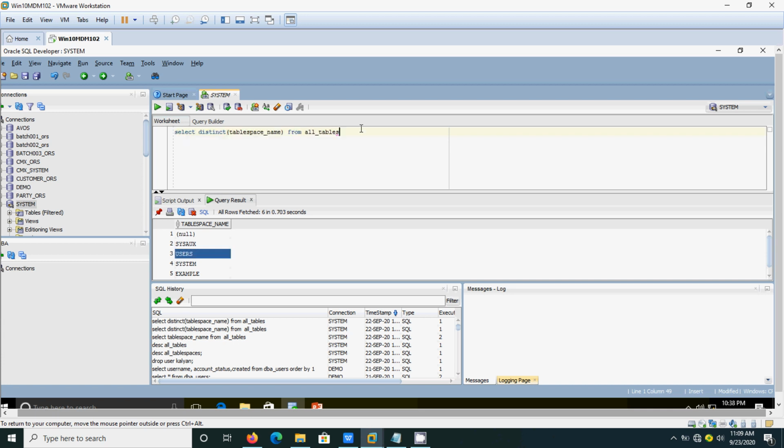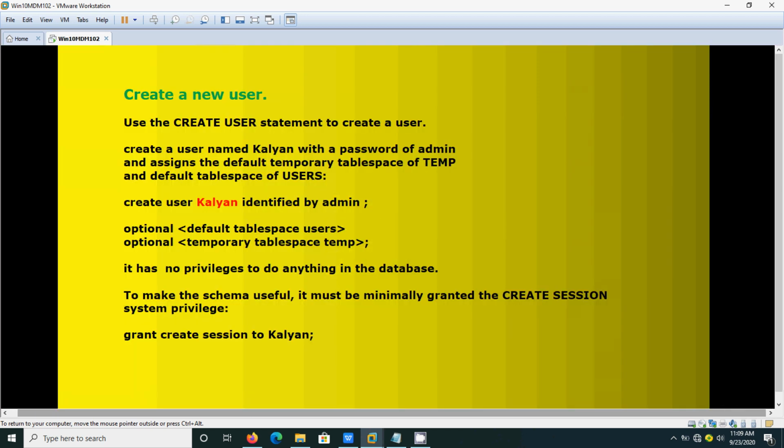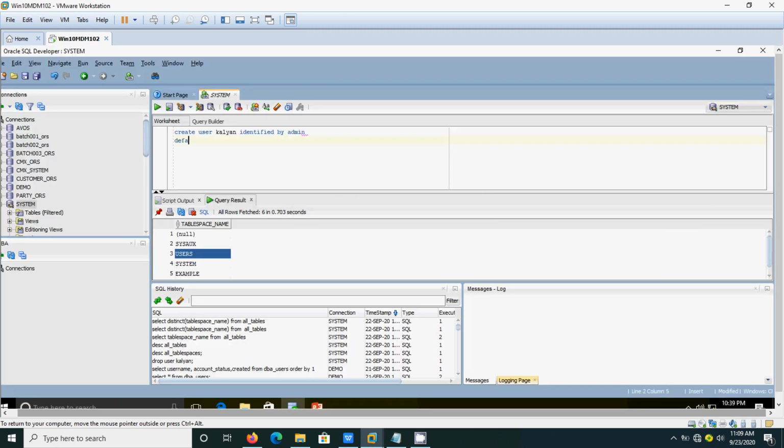First I am going to use the syntax: create user username identified by password admin, and then the optional syntax, that is default tablespace users and temporary tablespace temp.